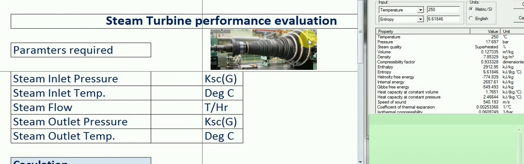So this is the turbine. We give steam, and then these blades will rotate, and then the steam will go out. What we call the steam inlet, and the outlet steam is called the exhaust. The last stage output of the steam is called exhaust.